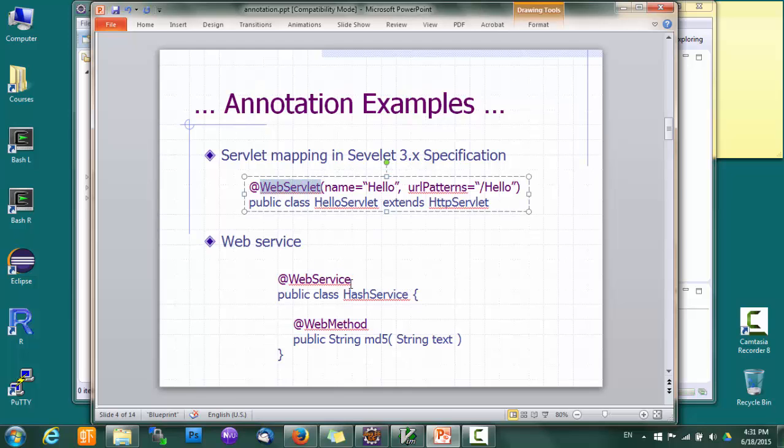Most of you are probably quite familiar with this web servlet annotation, which is used by Java application servers to map requests to servlets. And in this example,